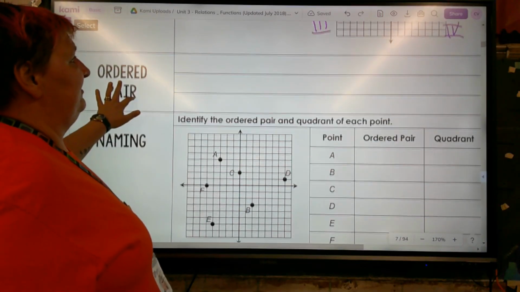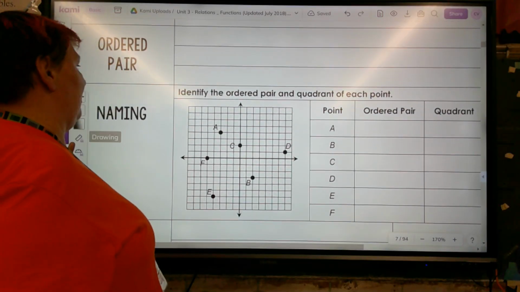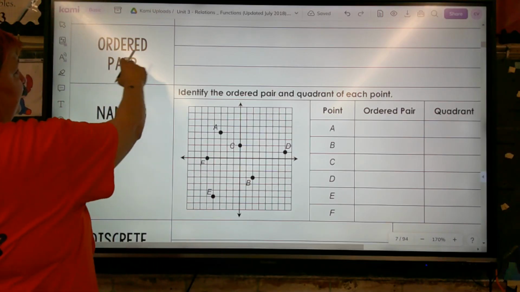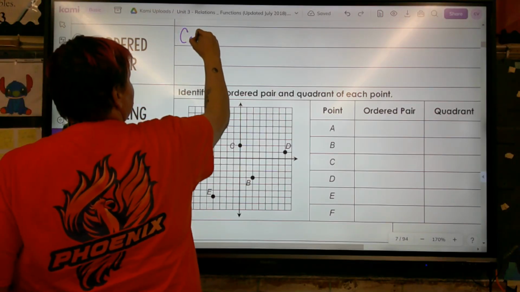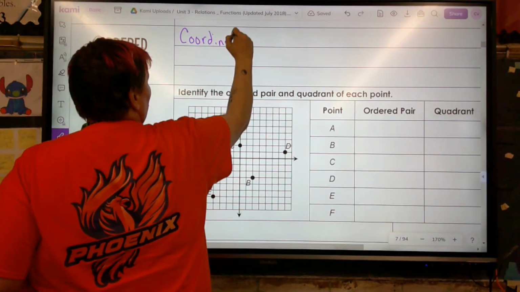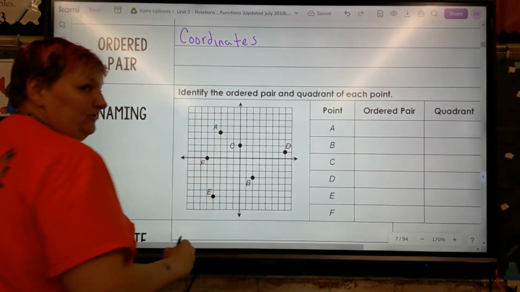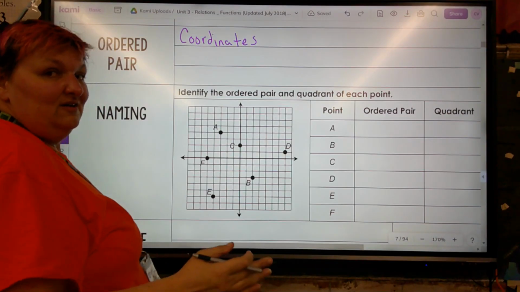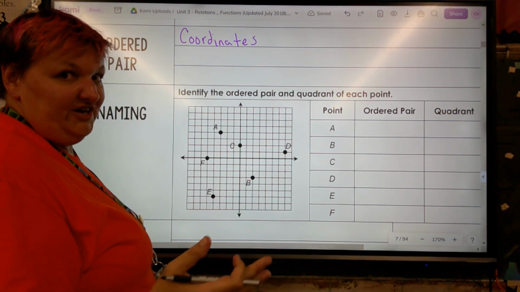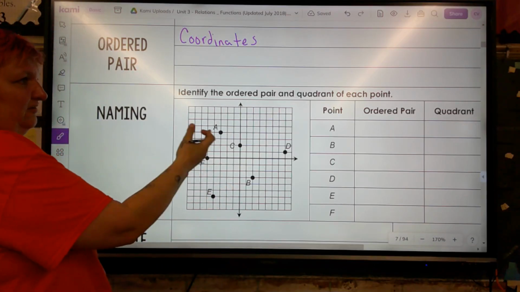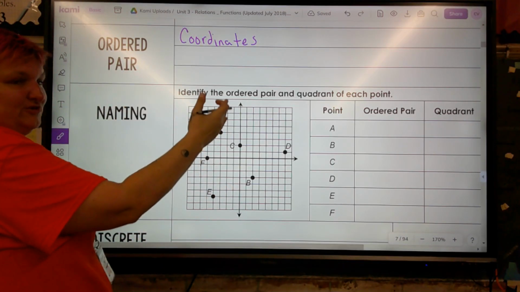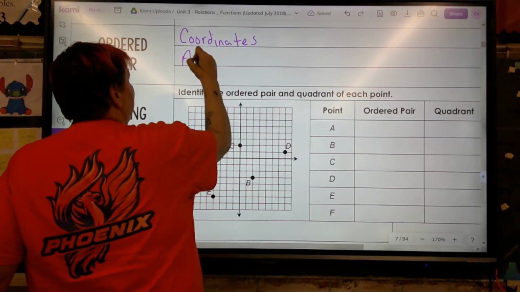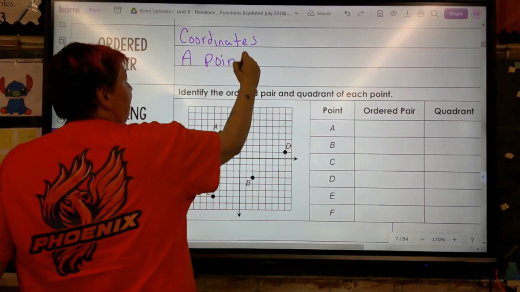Why does it matter? Because we're going to put information on the coordinate plane. Information called ordered pairs, also known as coordinates. Coordinates is another name. Ordered pairs, coordinates. They're not the same exact thing, but they're often used interchangeably. You might hear them called ordered pairs. You might hear them called coordinates. All right? It's a point. An ordered pair is a point on the graph,